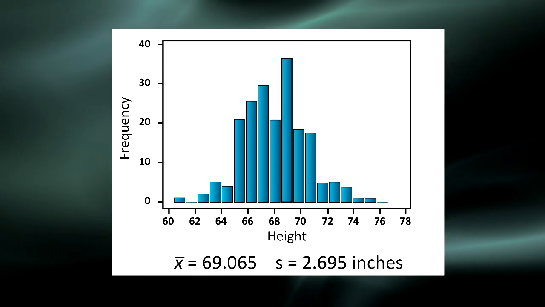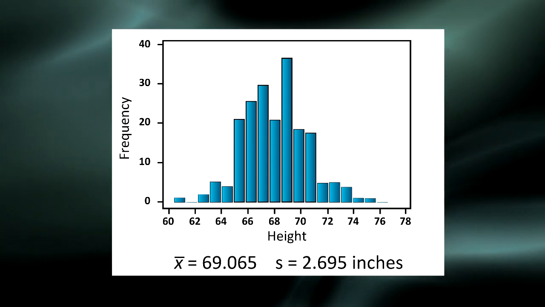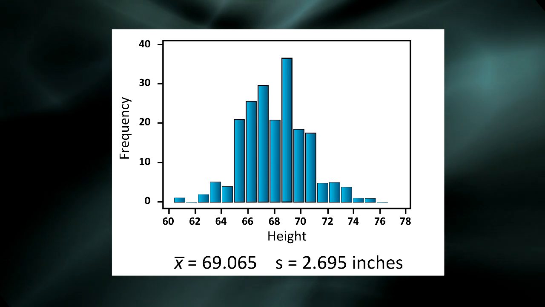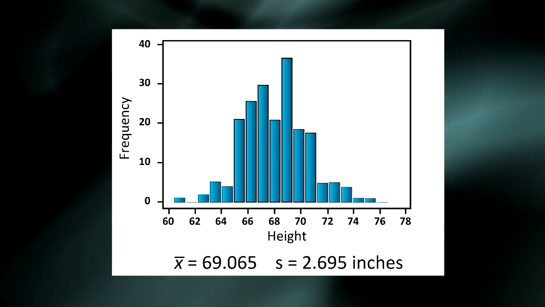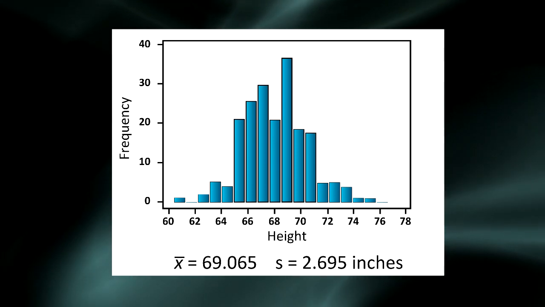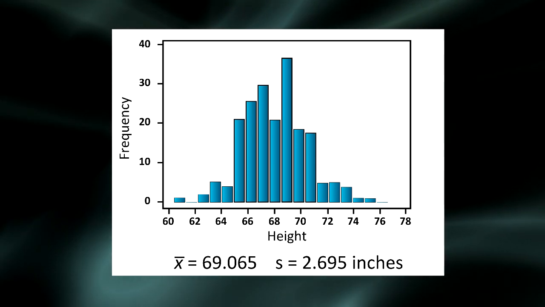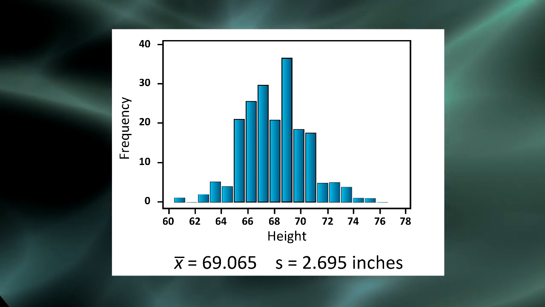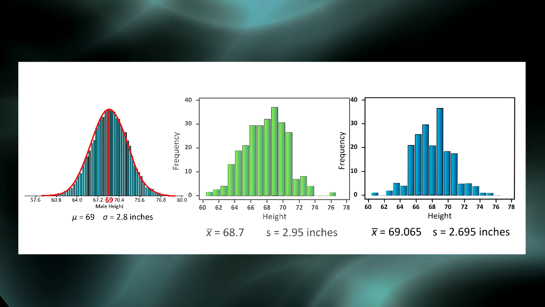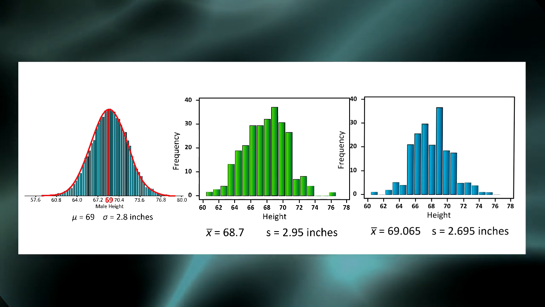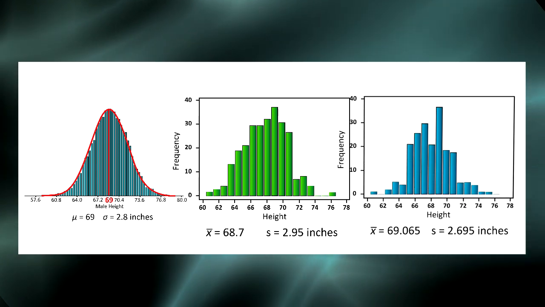Let's take another sample of 200 males, displayed here in sample 2. The sample mean is 69.065 inches, and the sample standard deviation is 2.659 inches. This example again demonstrates sampling variability. While the sample results are pretty close to the population results, they're slightly different from the results we found in the first sample. In both of these examples, we have numbers that describe the population and numbers that describe the